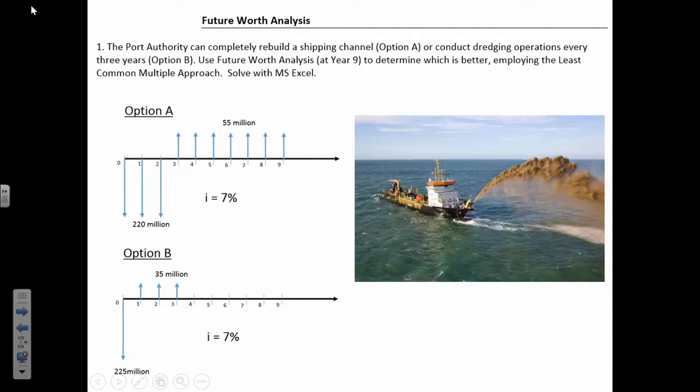Now it says here to use Microsoft Excel. So remember, the function for finding amounts in the future is the future value function. It's been a little while since we used it. To trigger it, you do equals FV, comma, and then it'll start to give you the clues like NPER, interest rate, whether you want the amount that you're putting in to be considered as a payment, like a recurring payment, or whether it's a present value, and so